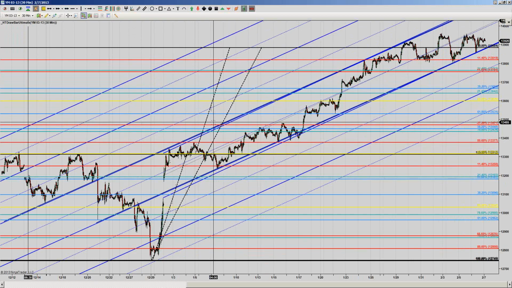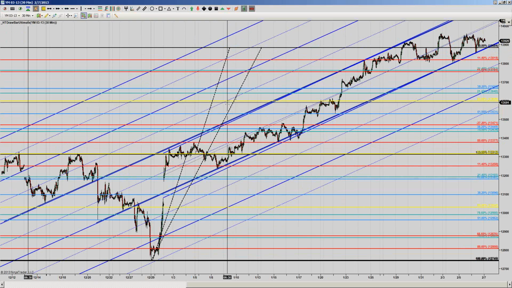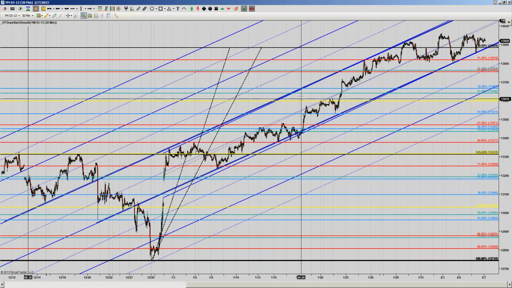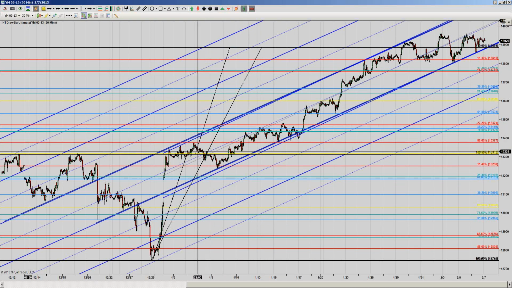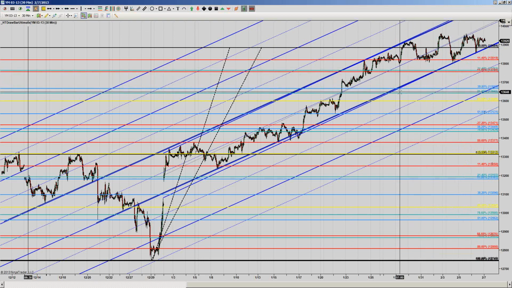Now, again, going back to the problem, I can't get rid of all of this. The only way I can get rid of it in Ninja is to delete it. Now, I just spent all my time analyzing the market. I don't want to have to delete everything that I just did, but I also don't want all the clutter on my chart from a day-to-day standpoint. I have developed a way that I can